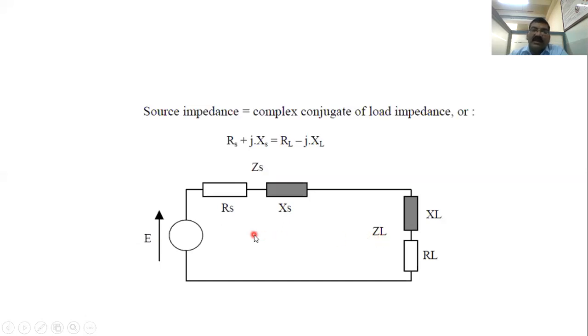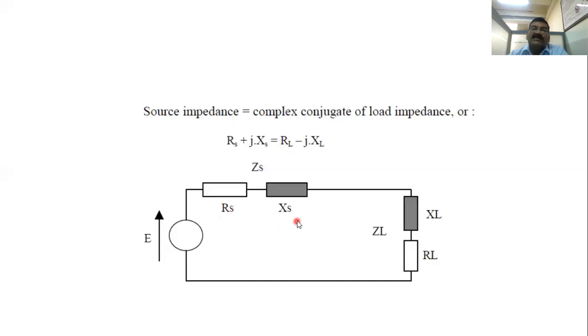Now what is the role here? If you use this theorem at lower frequency, it doesn't have a significant impact. But as you go to RF frequency, microwave frequency or higher frequency, it has a very significant impact for impedance matching. So this is the major application of the Smith chart. Now why do we require this? The statement is that the source impedance must be equal to the complex conjugate of the load impedance. So RS equals RL.